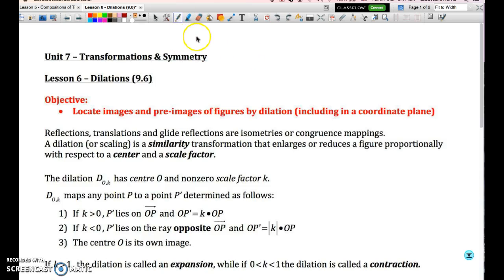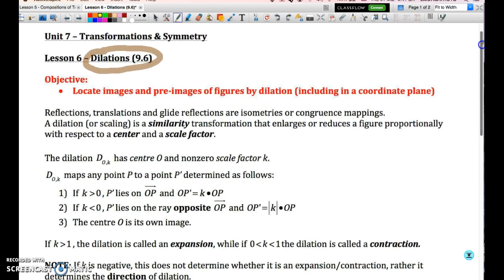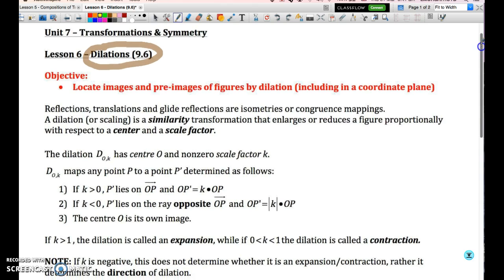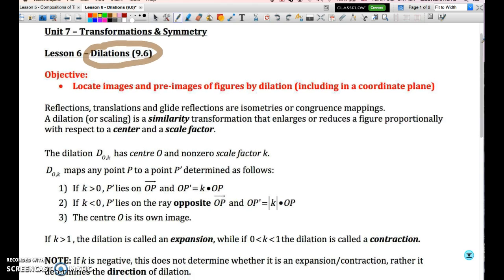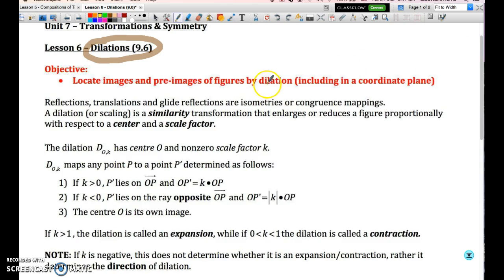Okay, welcome to lesson 6 of the transformations unit, the sixth and final lesson. What we're going to be learning about today are dilations. Dilations are the first of the transformations that we're going to learn about that are not isometric. And so all of the transformations we've dealt with so far, translations, rotations, and reflections, are all isometric or congruence